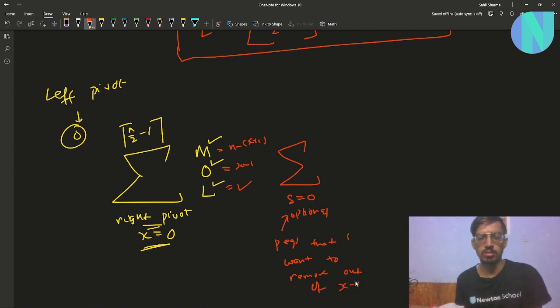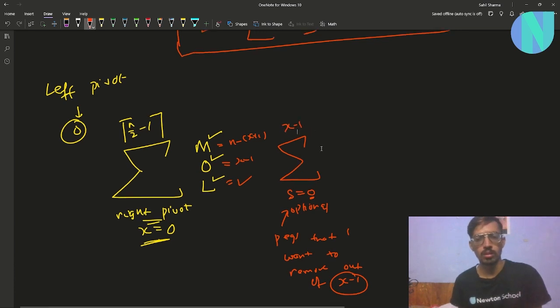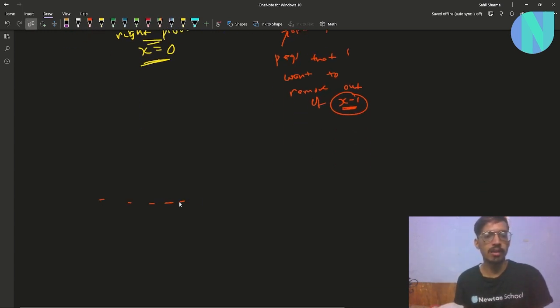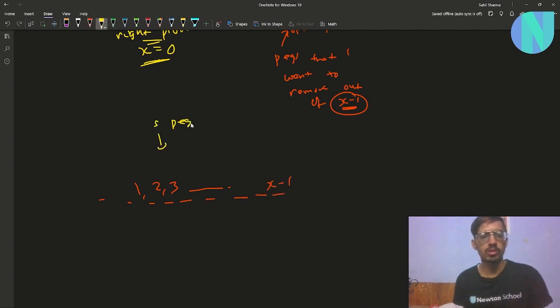Out of x minus 1, right? So this will go from 0 up to x minus 1. Now I have to remove s pegs out of x minus 1. So I also have to choose which pegs I want to remove, right? Because if I have x minus 1 pegs, I have 1, 2, 3, so on up to x minus 1. If I want to remove s pegs out of these, I also have to choose which s pegs I want